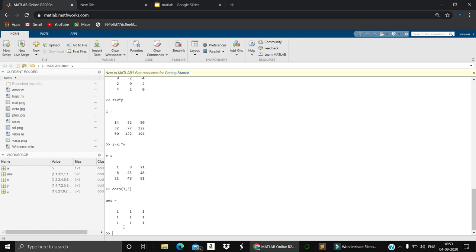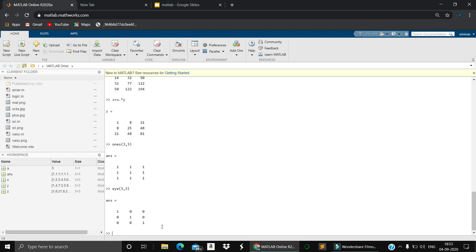If you want to display an identity matrix, then use eye of 3. Then it will print an identity matrix which has 0 in the upper triangle, 0 in the lower triangle, and all the diagonals will be 1. In this way the identity matrix is printed.